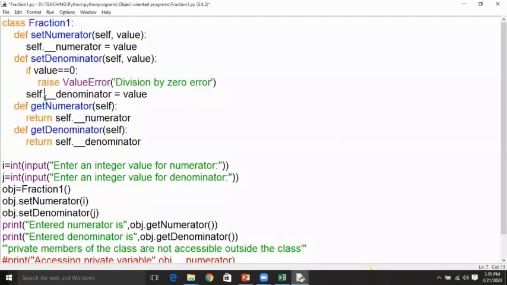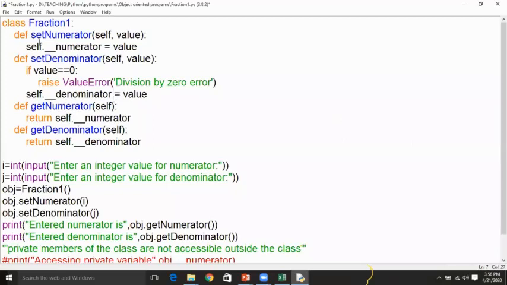See here, self is a default variable which will help us in representing the variables of the class. So by using self and the dot operator, you are trying to refer to a variable underscore underscore denominator, which represents a class member, and that as a private variable. It is a class member, but it is a private variable.